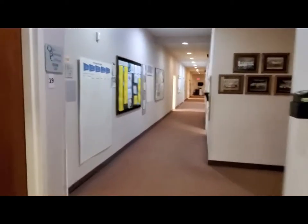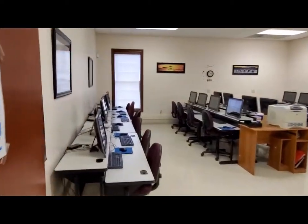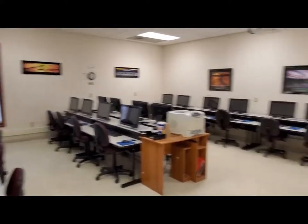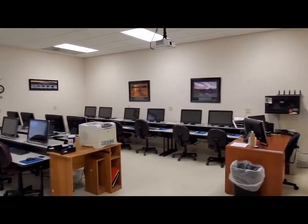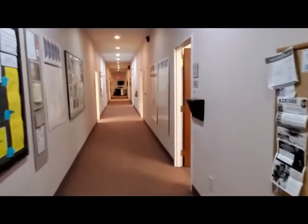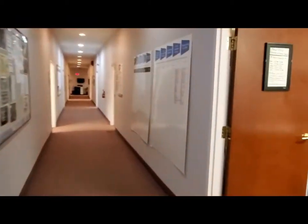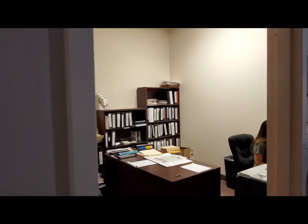Back down our other main hallway again. Here is one of our computer rooms in which the instructor can lecture to all the students overhead, and the students can work on all their computer assignments. Then we come up to our career services office. And then on down, continuing down our journey,